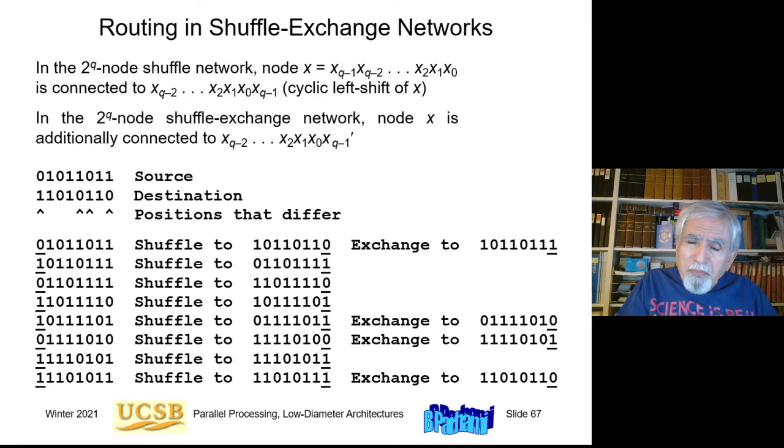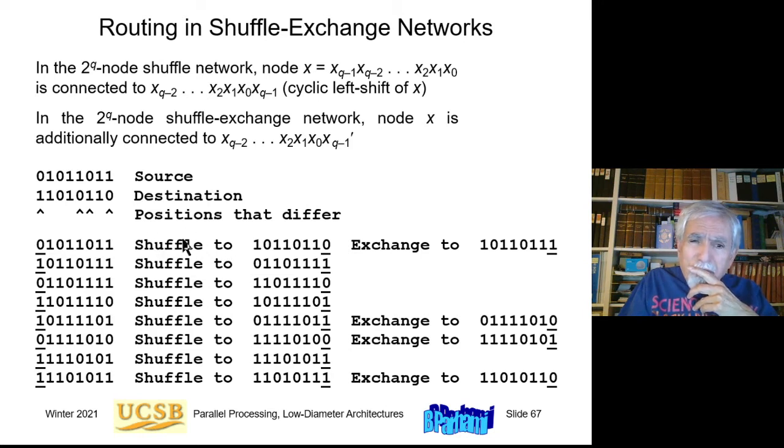So routing in shuffle exchange networks is pretty simple. Here's a source node with a binary ID. Here's a destination node. We identify the positions in which the two IDs differ, and these caret symbols are the 4 positions in which they differ. In the most significant position, I have a 0 here, I have a 1 here. I adjust that one first, basically by